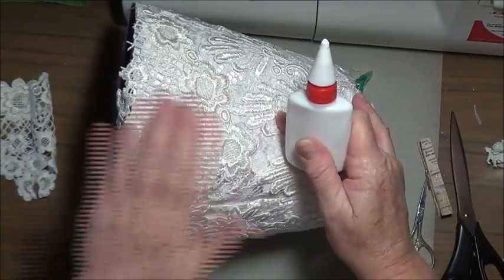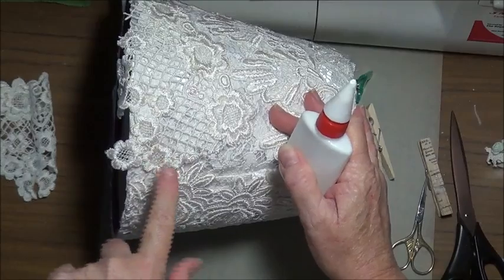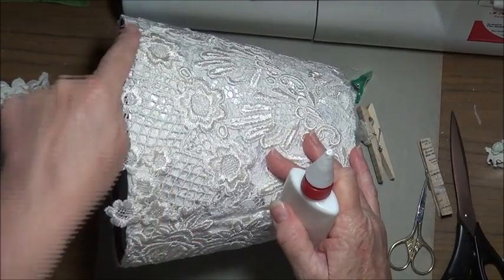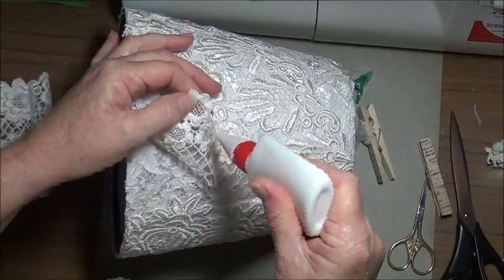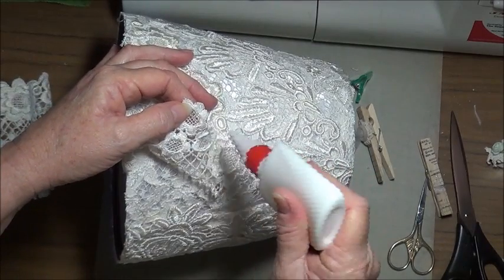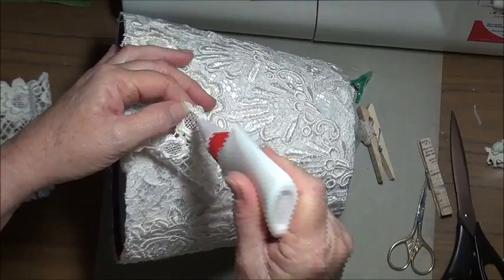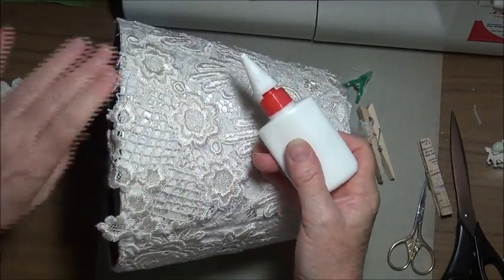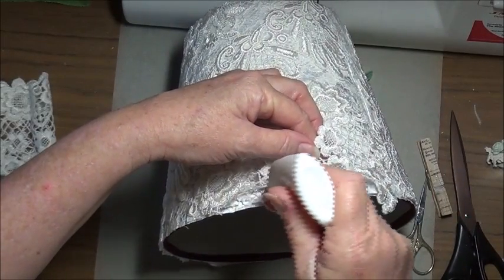So I've got those 3 flowers. I'm going to be keeping this part, this flower here, this one, and then I'll just glue around the edge. So I'll just like that, just keeping it on those main parts of the trim so it doesn't get messy, like that. And then just along the edge,